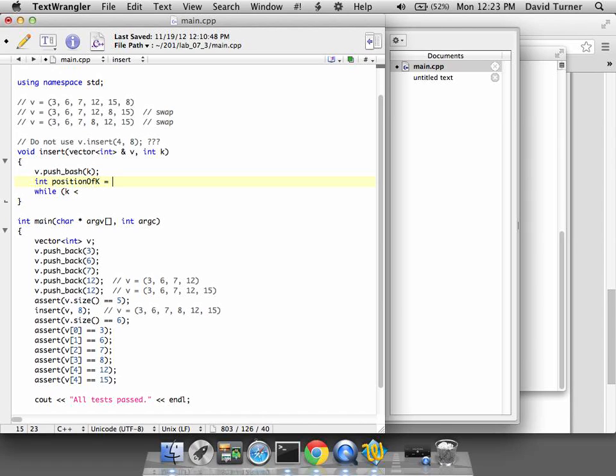The position of k will be v.size() minus 1. We need to track the position of k. And while k is less than v of the position of k minus 1, that's the value that precedes k,